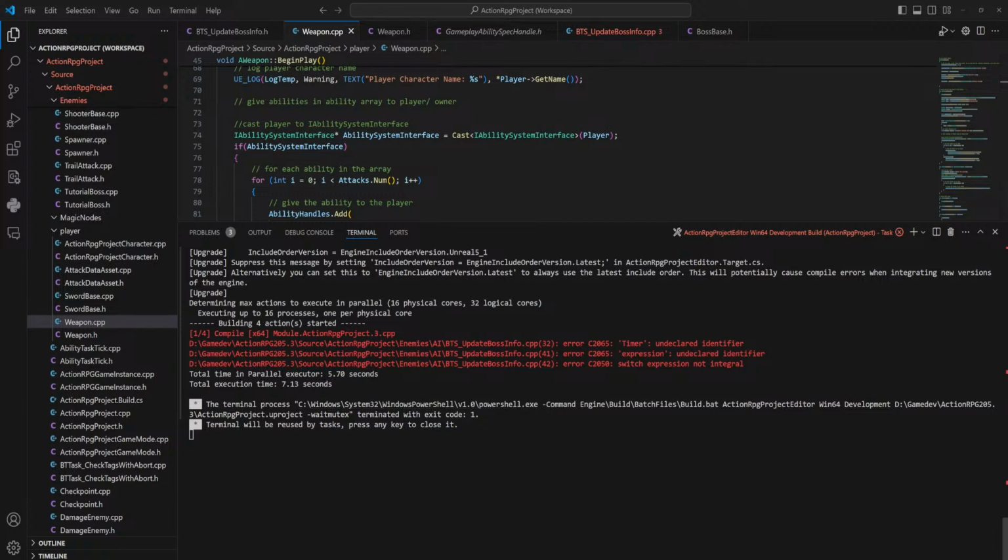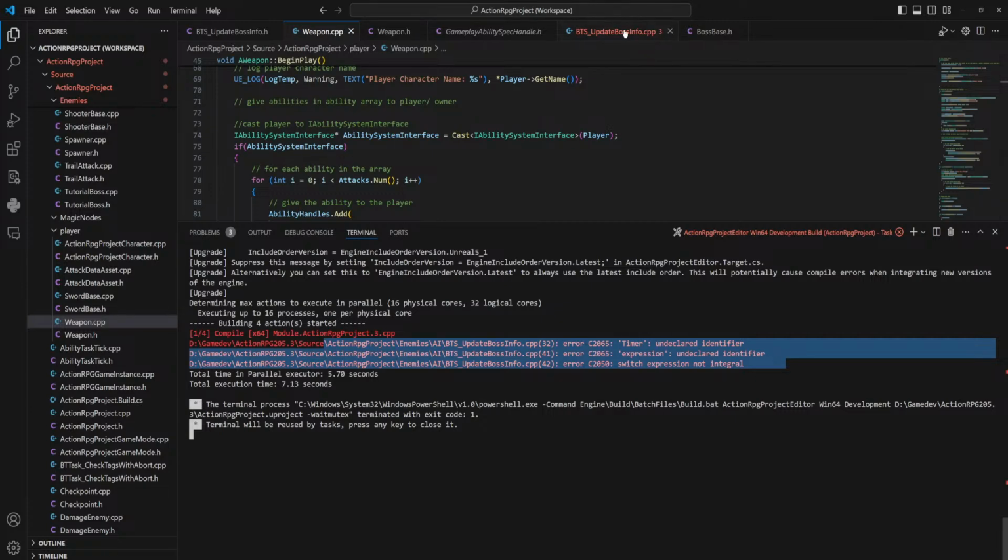Okay. Okay. It's only complaining about the boss update now. So how? I didn't change anything about the weapon. Why was that suddenly a problem?